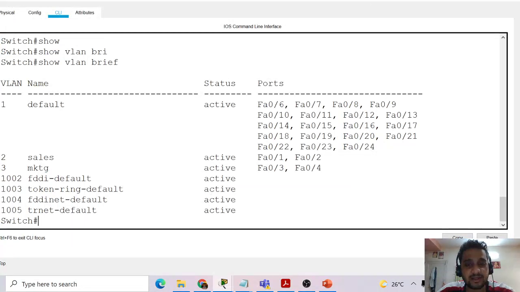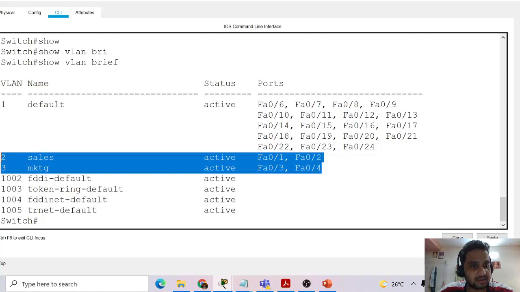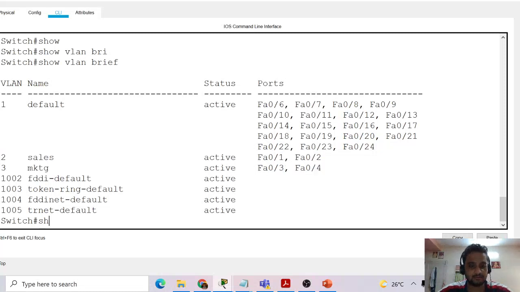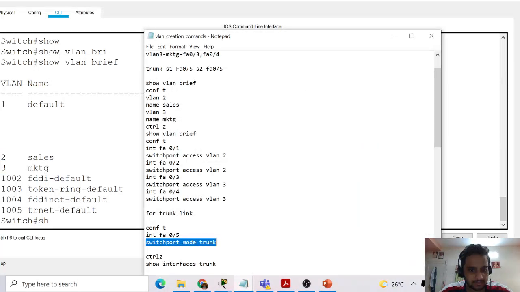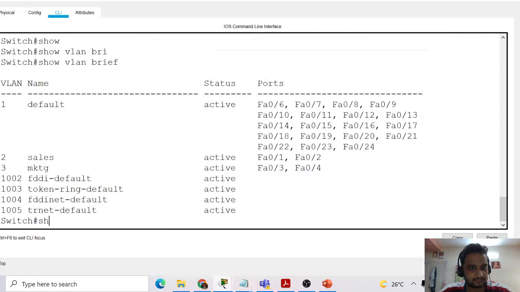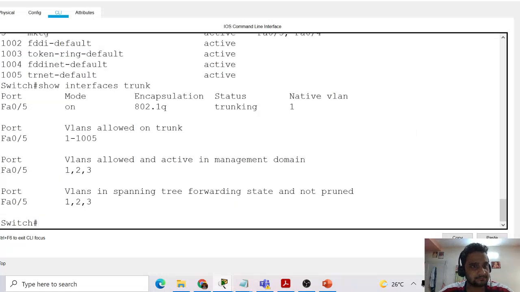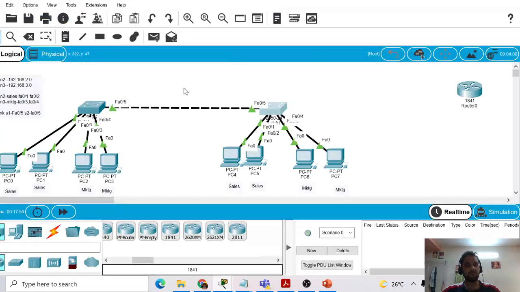So as we can see, we have sales and marketing, and to see the trunk interfaces, let me type this command. Yes, so the trunk port is FA0/5. So now this is created.